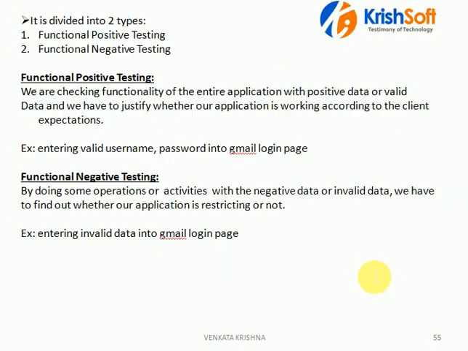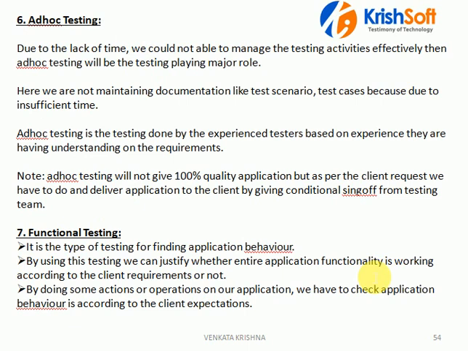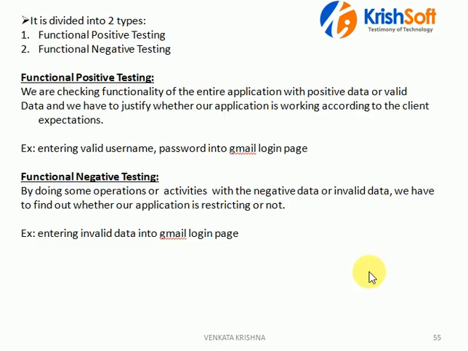So in this video we have seen what functional testing is. Functional testing, when we are going to do it: each and every application needs functional testing. We need to do it in two ways, positive and negative. Positive means testing with valid data. Negative means testing with invalid data. Why do we need both? Because positive will tell us whether it is working according to the client requirement. Negative will tell the end user what data they entered correctly and what data they entered wrong. So from the testing side we also need to verify that.